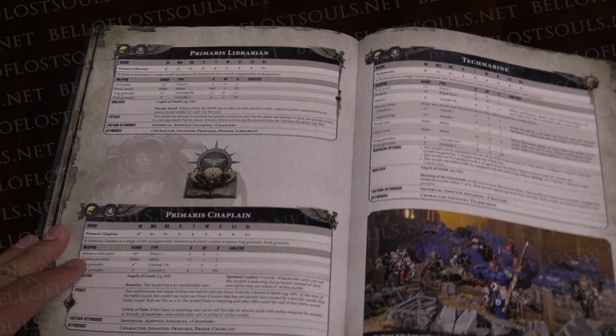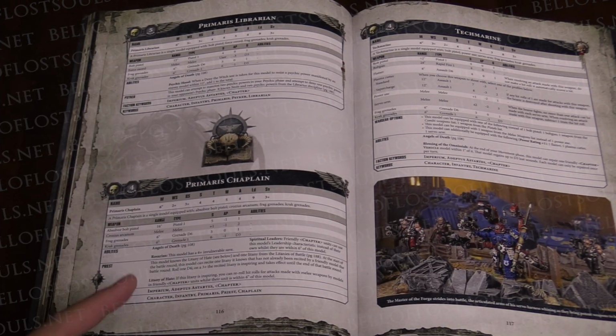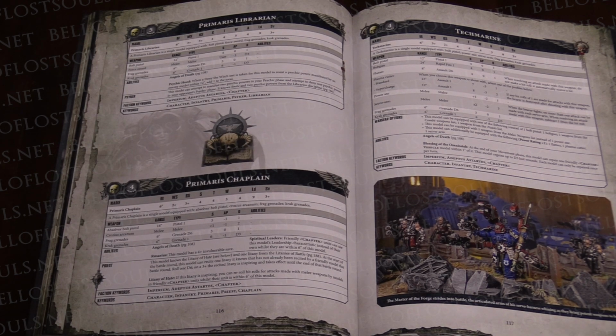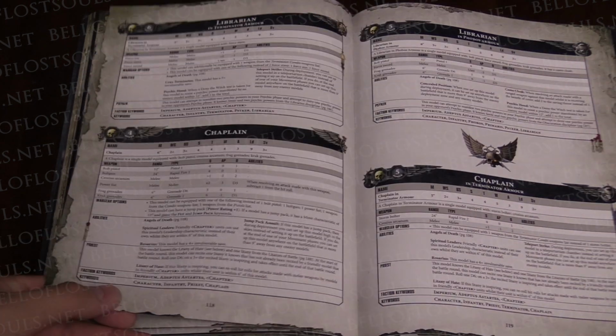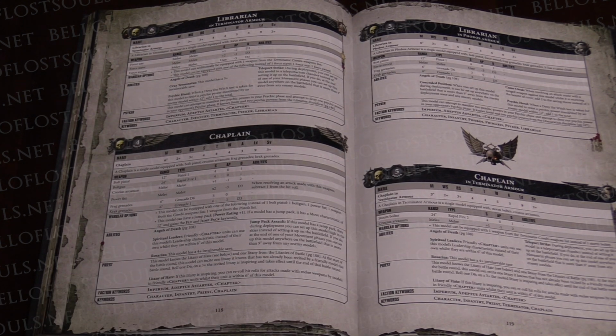Boom. So you can start doing some interesting stuff there to stop mortal wounds. I think that one's pretty interesting. By the way, the Litanies of Hate can be used by the Primaris Chaplain, obviously, and the regular Chaplain, or the Chaplain Terminator. Now, the other one, Catechism of Fire: they pick a unit within 6 inches, and they